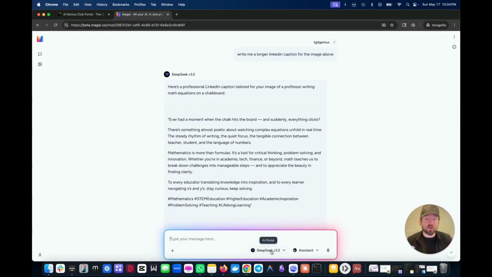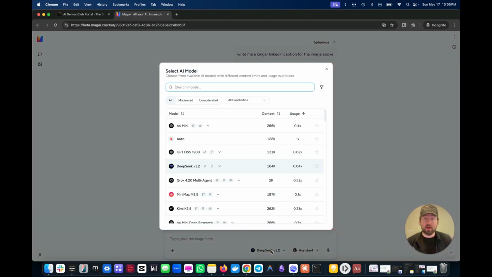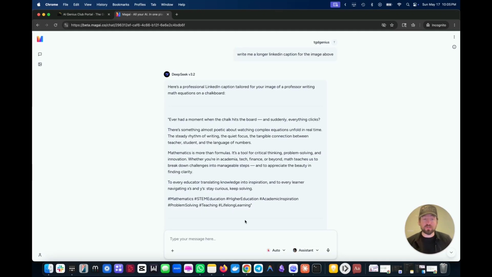And if you're unsure of which one to use, they do have a really awesome feature called auto. If you select auto, it will basically auto select the right model and essentially try to preserve tokens, using smaller, cheaper models for simpler tasks and using more expensive, more advanced models for more complex